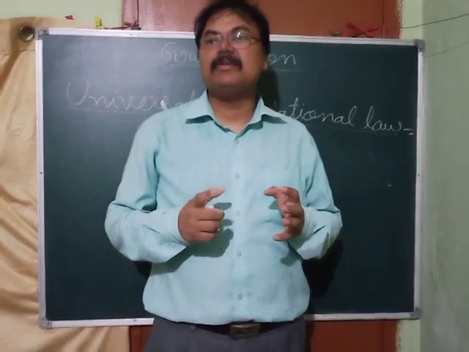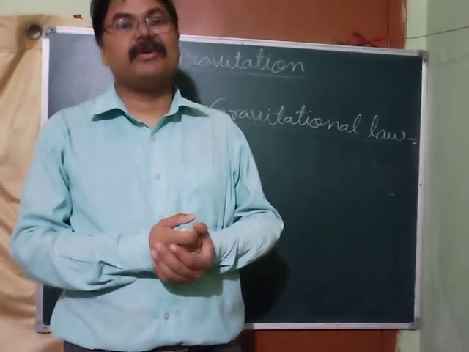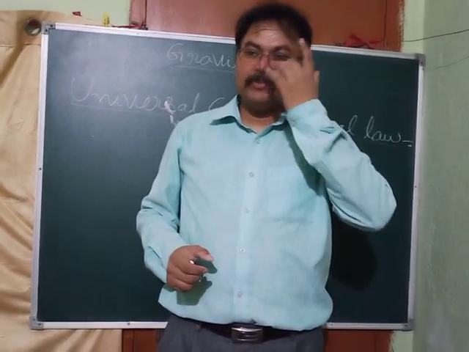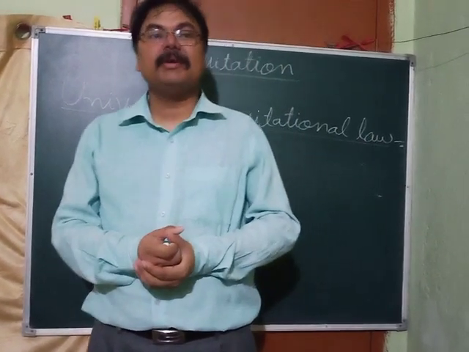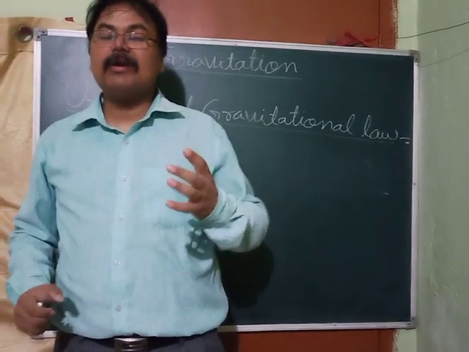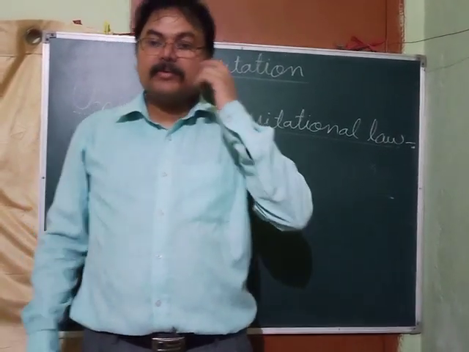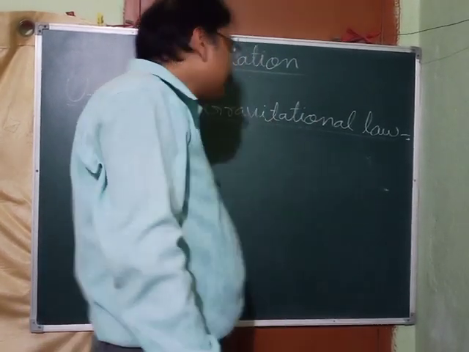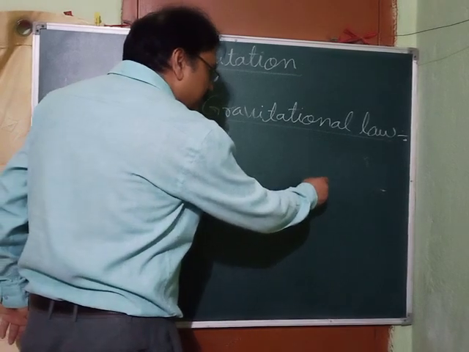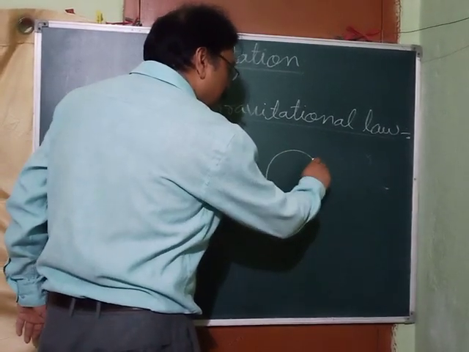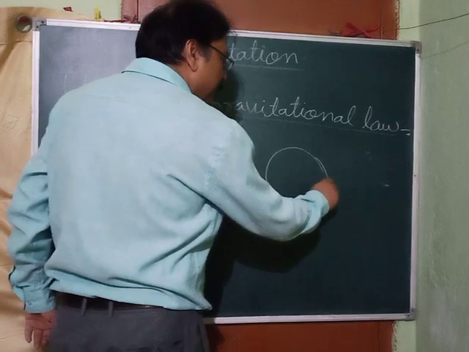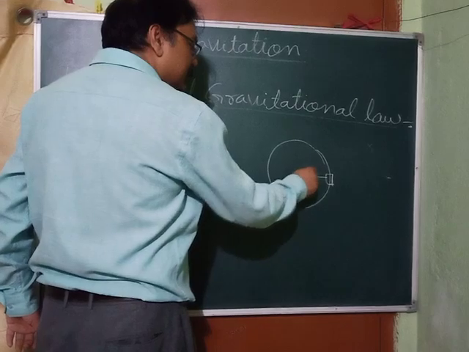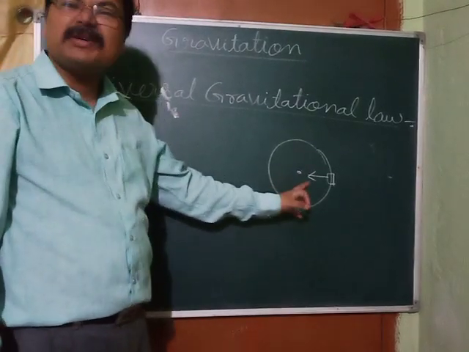Now the question arises, why do we study this universal law of gravitation? What is the use of this? See, let's understand different things around us. We know that Earth revolves around the sun. So why does Earth revolve around the sun? What is the reason? See, my dear children, I have told you, if something wants to move in a circular path, then it requires a centripetal force, a force towards the center.